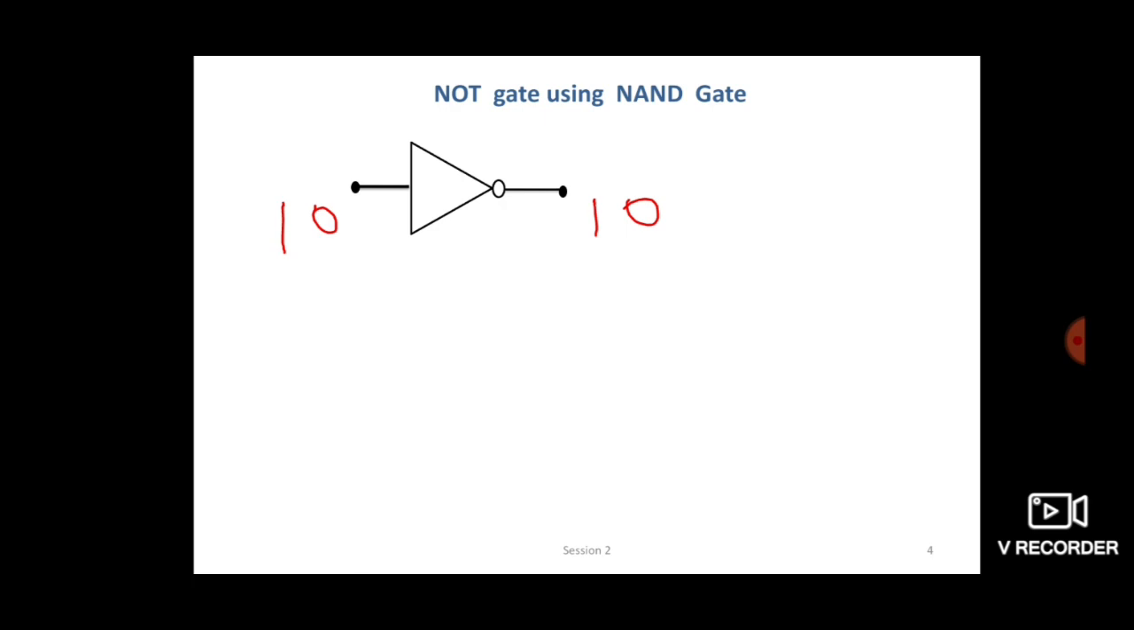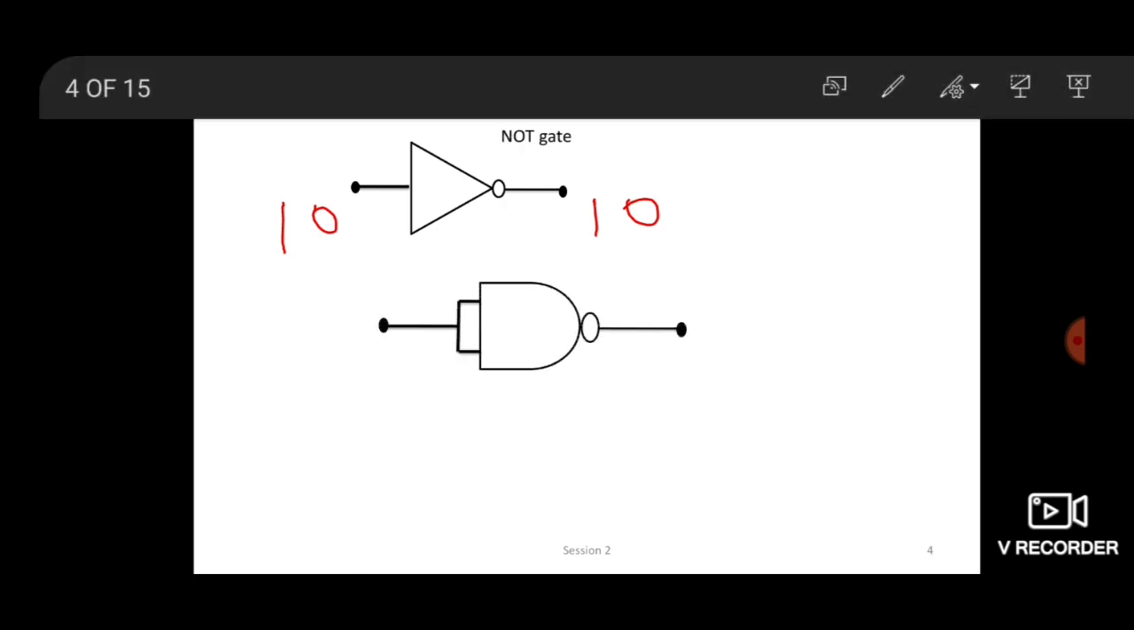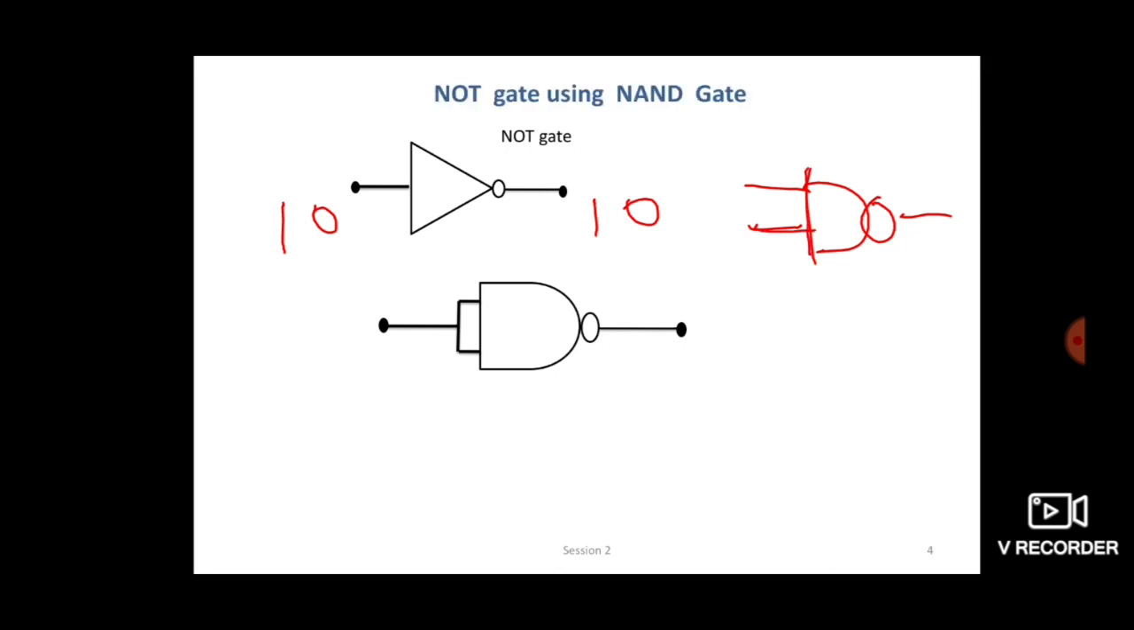So we can short both inputs of the NAND gate. Now, what is the symbol of NAND gate? This is the symbol of NAND gate. In this symbol, there are two separate inputs, 1 and 2. These are separate inputs, but